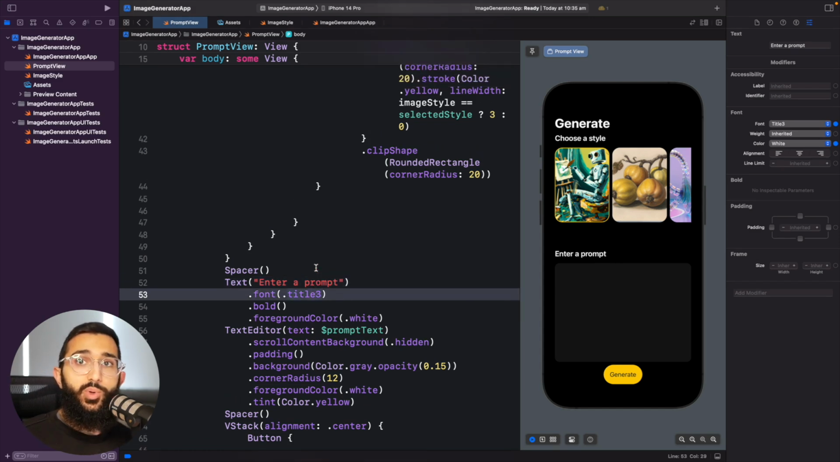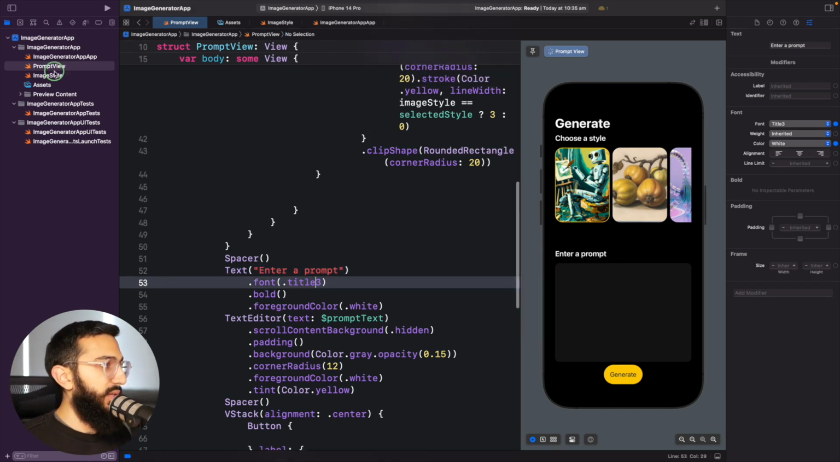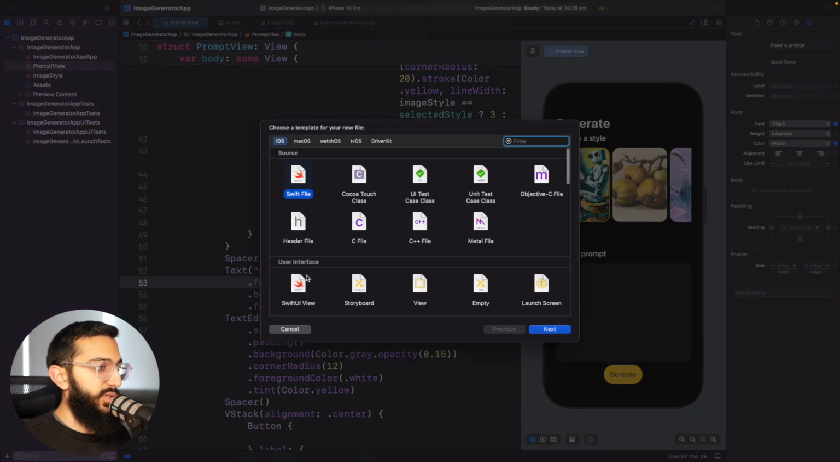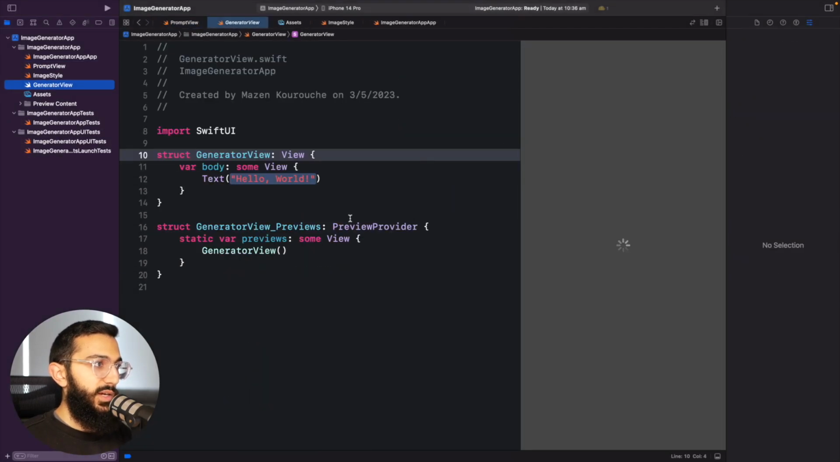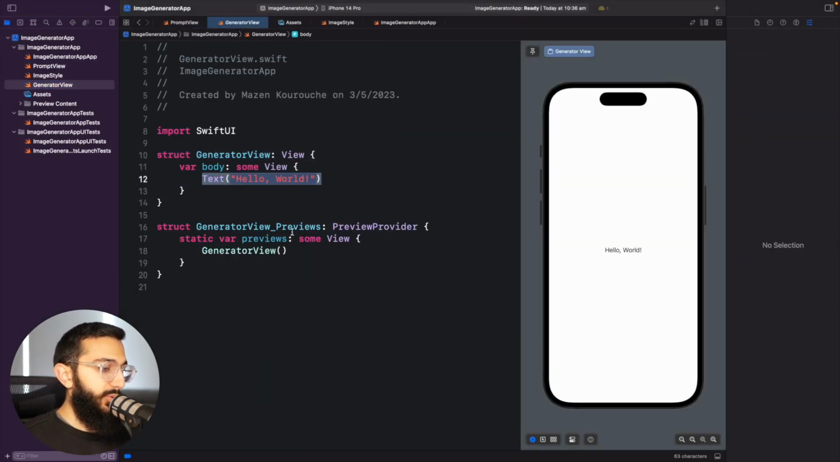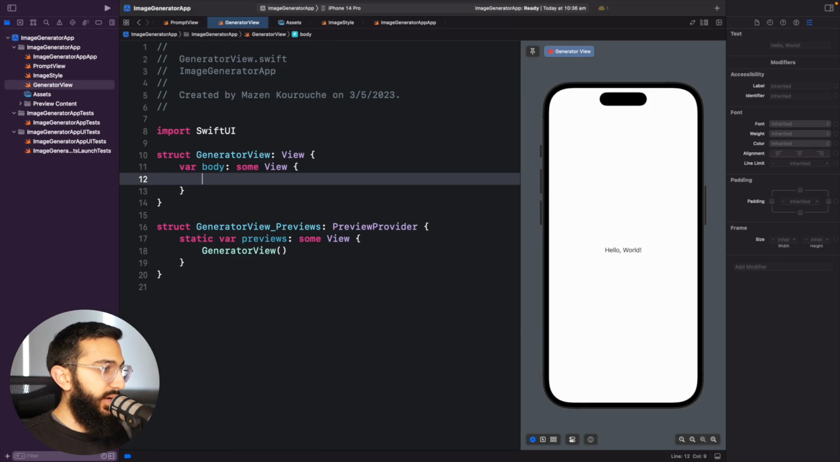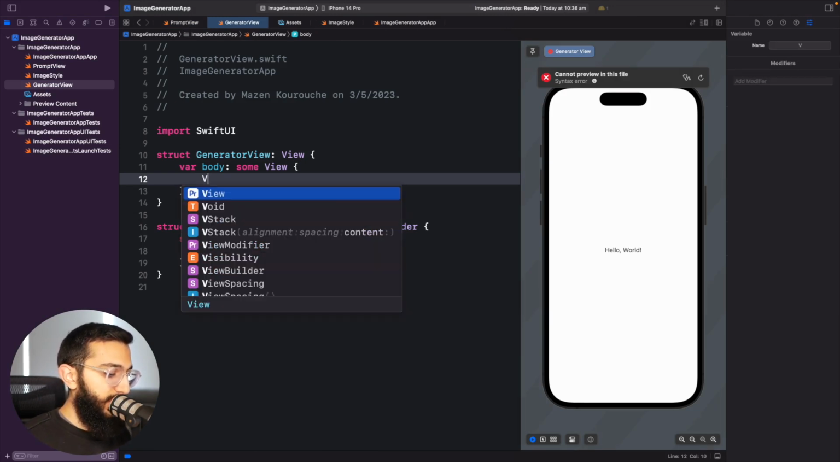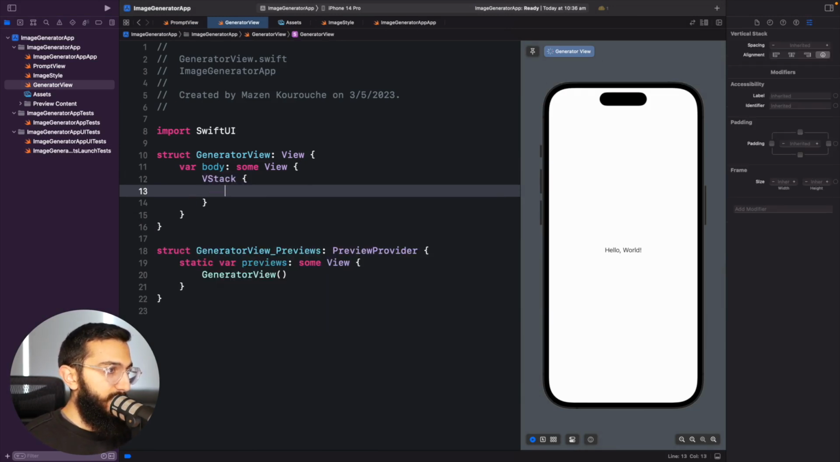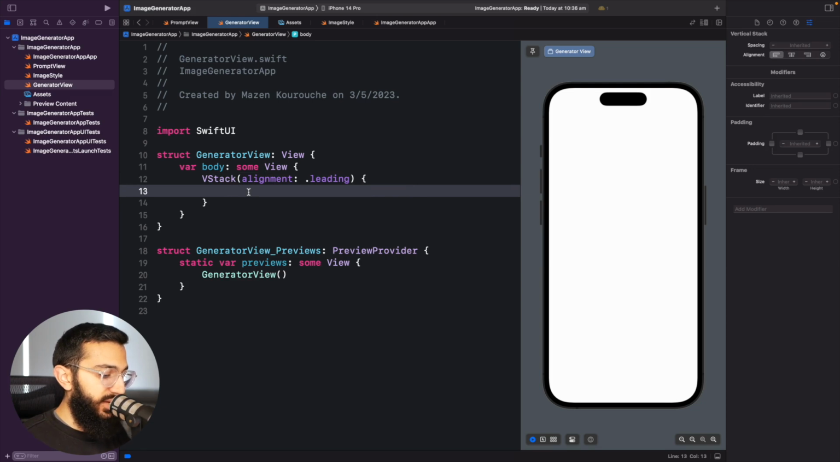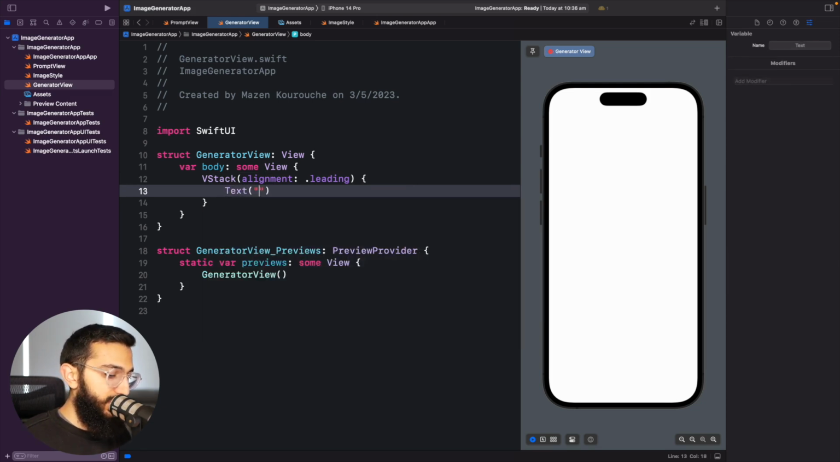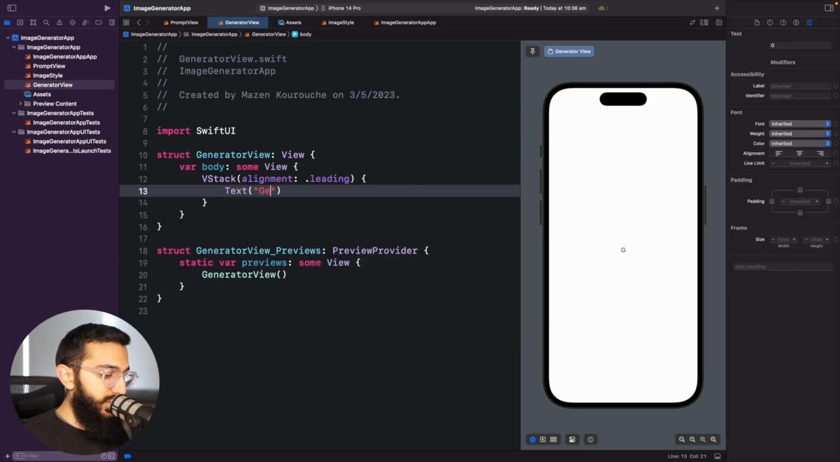Now the next thing we want to do is create the generator view. Let's create a new one, new file, and I'll make sure it's a SwiftUI view. And now we've got the view already set up for us with the preview. So let's go here and create, again, same thing. We want a V stack, and it's also going to have leading alignment. Inside this, we're going to have text saying generated image,